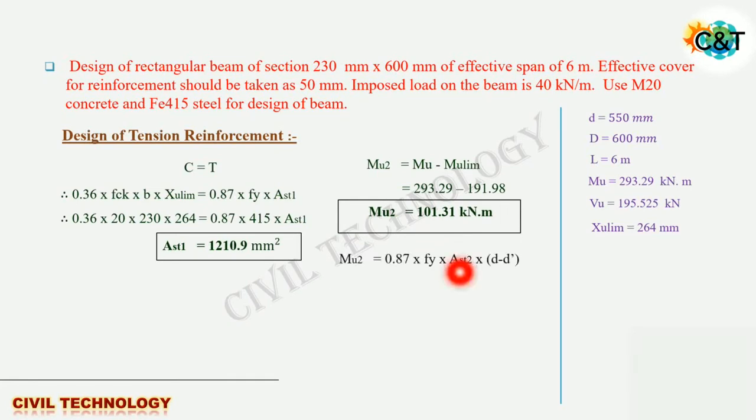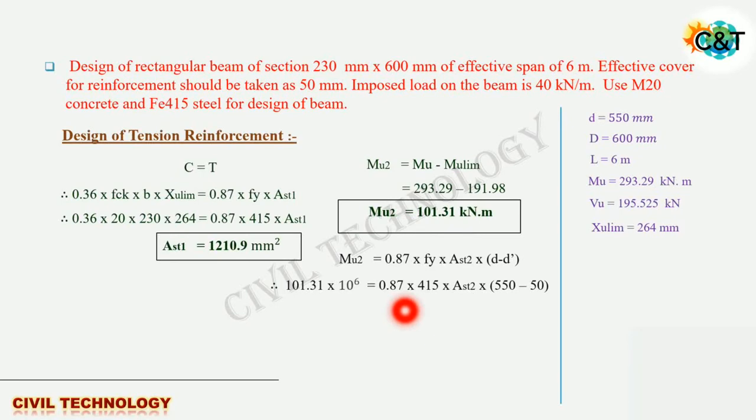So the formula is 0.87 times Fy into AST2 multiplied by D minus D dash. Here D dash is the effective cover. If you remember the diagram that we saw at the start of this video, you can correlate easily what D dash is. So Mu2 we already have, 101.31,